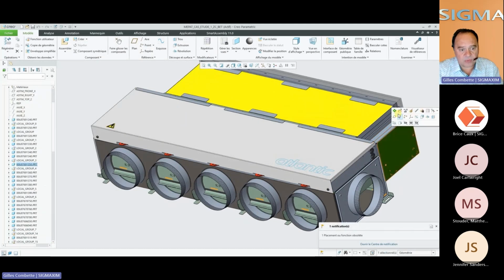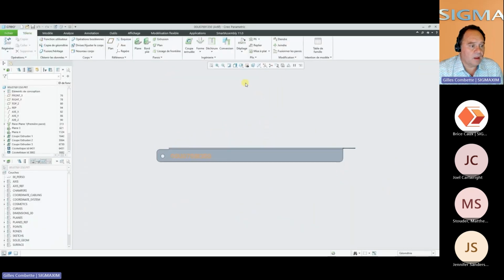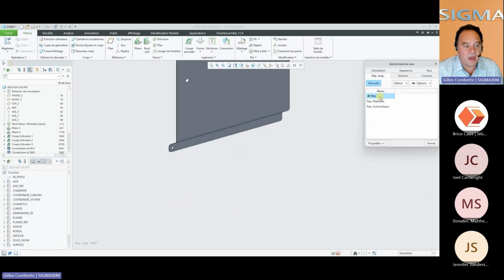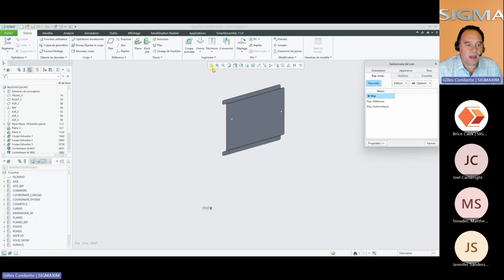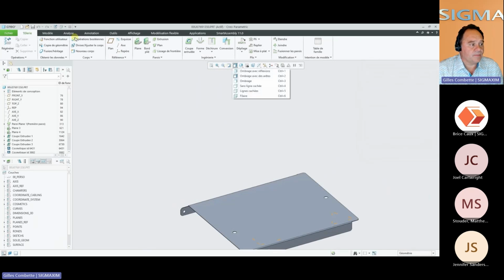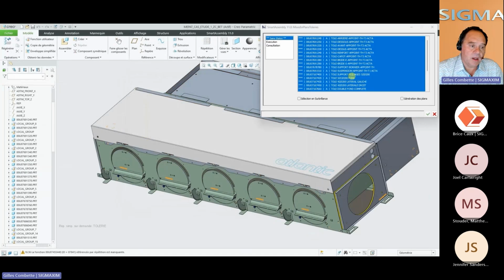That's it. So if we open one of the models here, you'll see that we have specific orientations existing. The ISO view, the isometric view, is created in a specific way with specific angles. And we have this simplified rep with the flat pattern. Okay. Once this is done, when every model is prepared, then the final user can launch the complete 2D